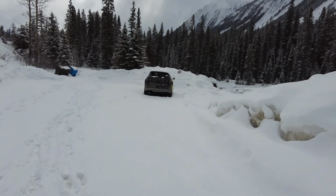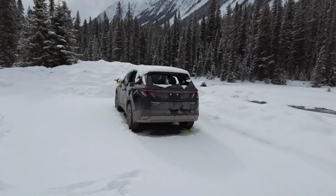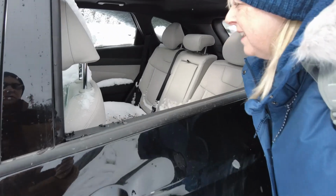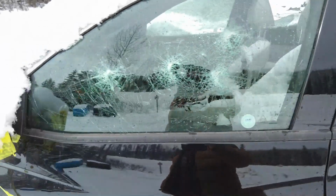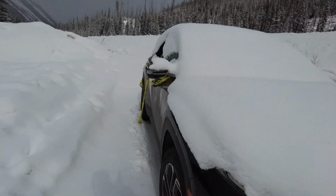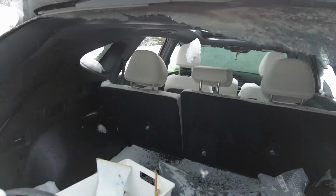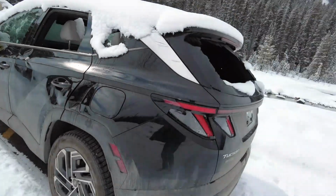So this is an interesting find. We have a Tucson, windows all smashed out, wheels still on it, it's got tape all over it. That's kind of sad. Radio's been smashed. Wow, probably been stolen, yeah. That's crazy, eh? Still got the nice wheels, and the tyres, got winter tyres on it too. What a shame. I don't think this is very old. And I don't think it's been in an accident, I think it's been stolen. Stolen and probably dumped here. All the backs in there. Wow. That's crazy. Lights have been...